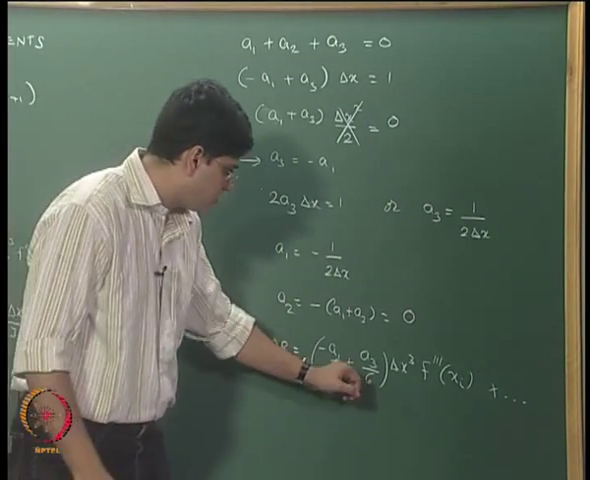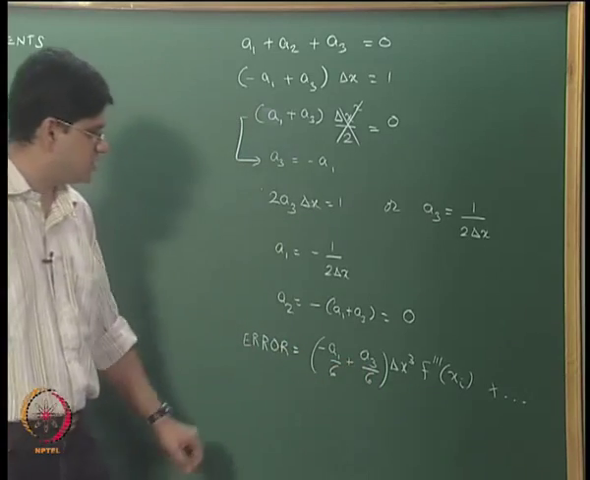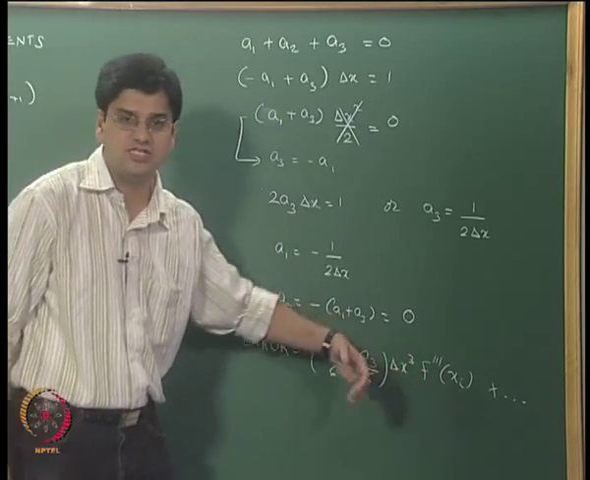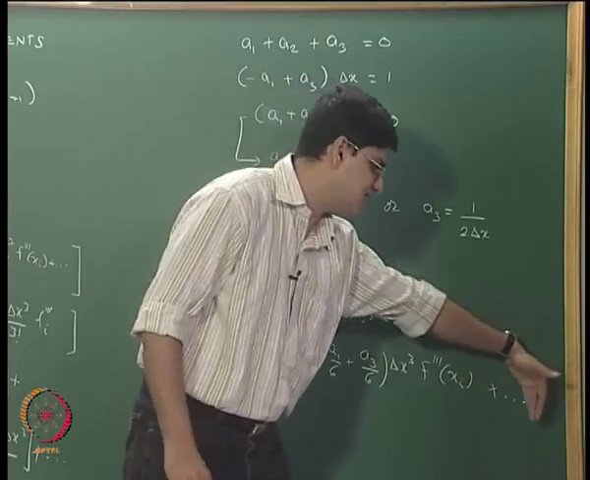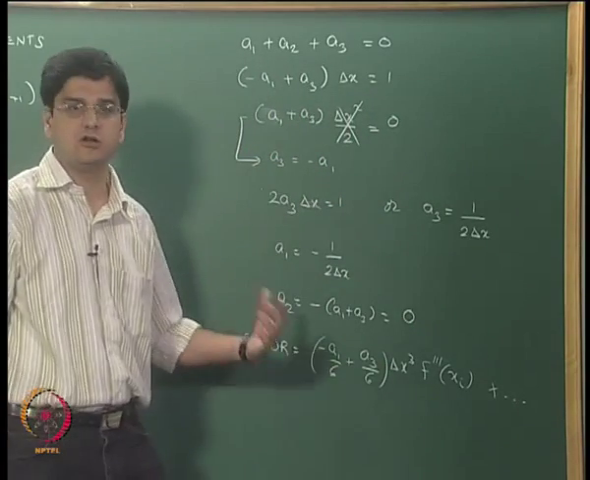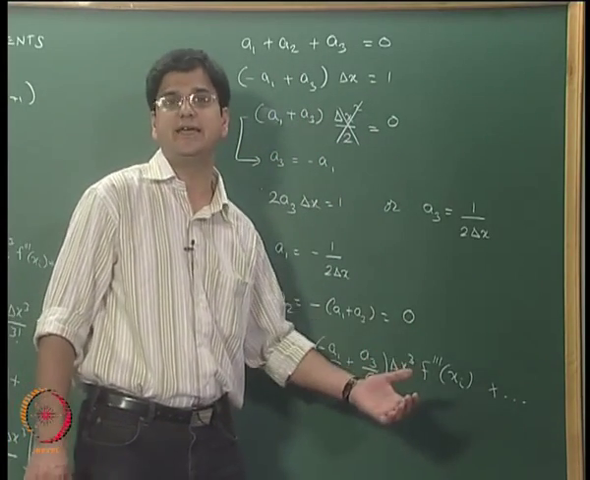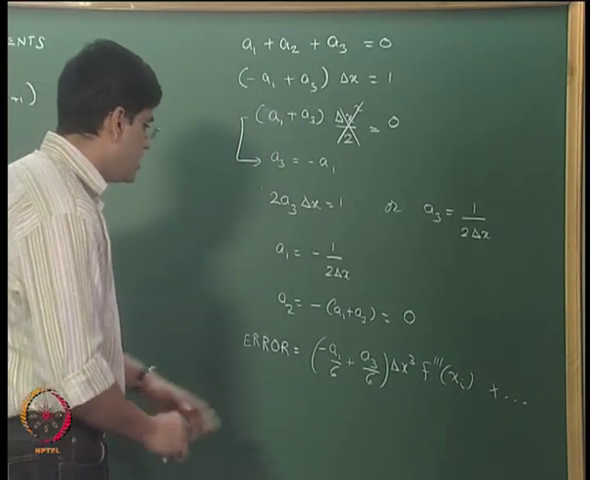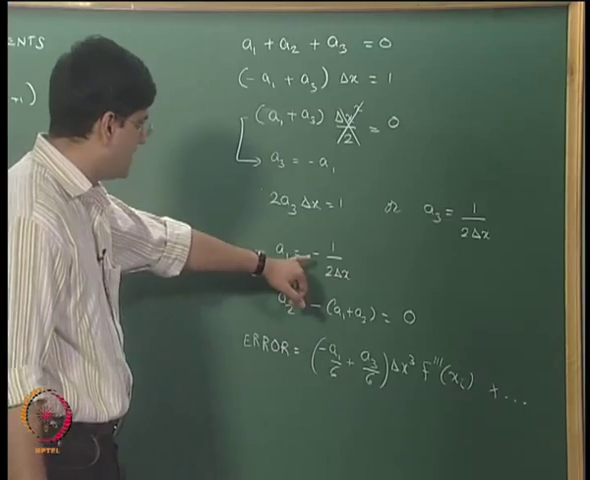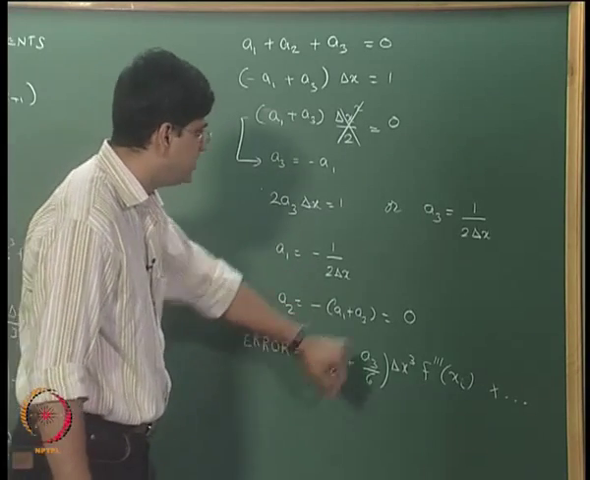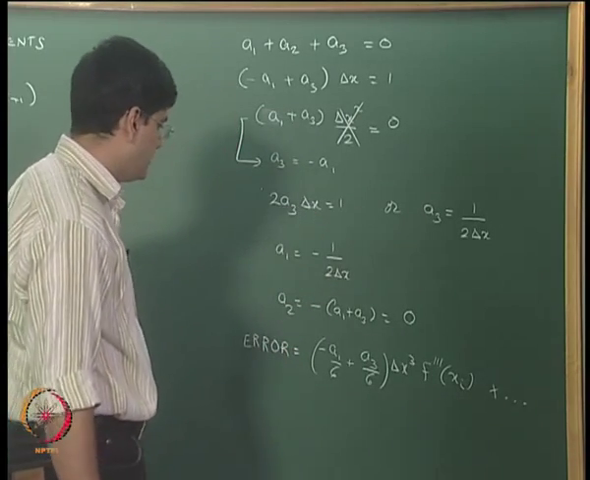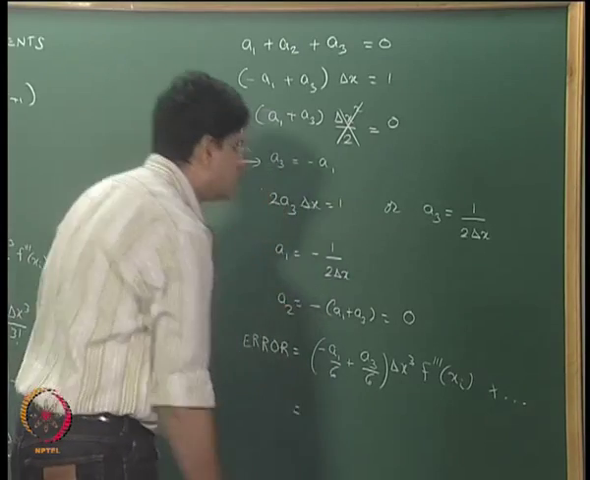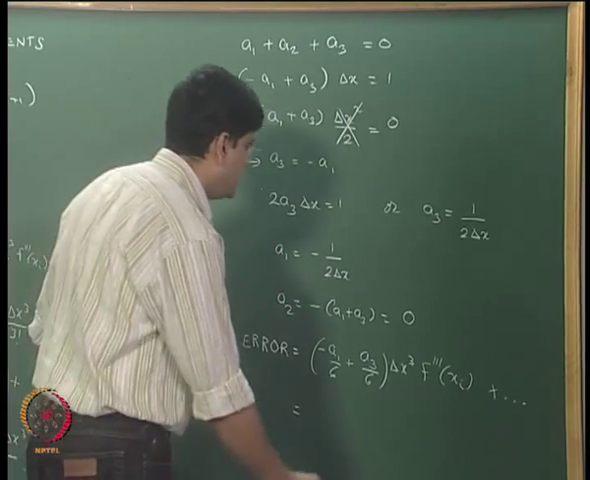Now if we substitute a1 and a3 in this particular equation and this term turns out to be 0, then we will have to look at the next term. If this term does not turn out to be 0, this becomes the leading error term and we stop our error analysis at this point. Okay. So let us substitute a1 equal to minus 1 by 2 delta x and a3 equal to 1 by 2 delta x. So error is going to be equal to